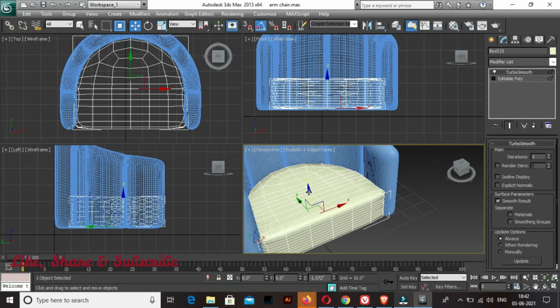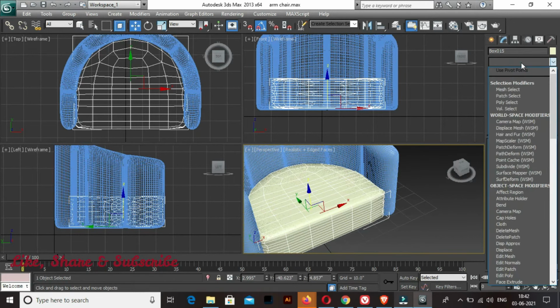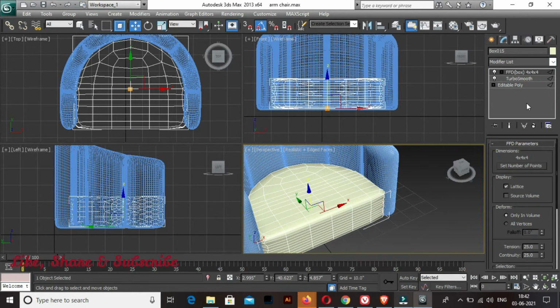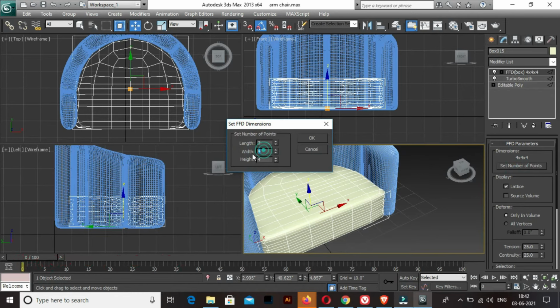I'm going to go for a box, and I'm going to set the number of this thing 3, and then height. You can say 3.